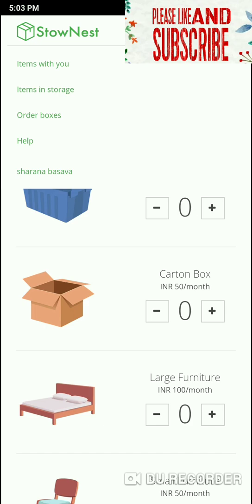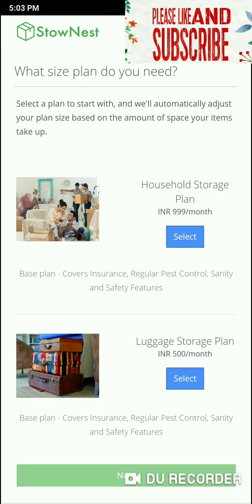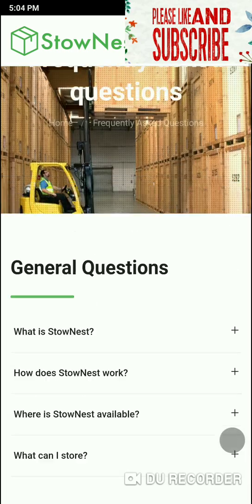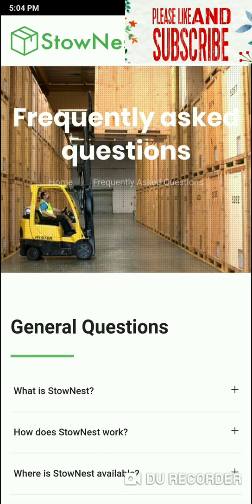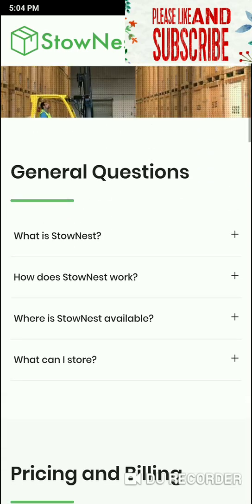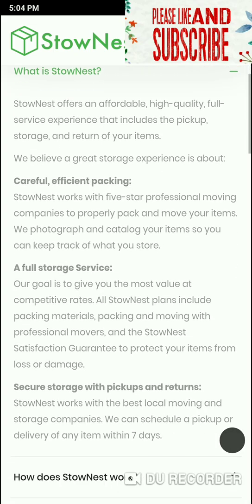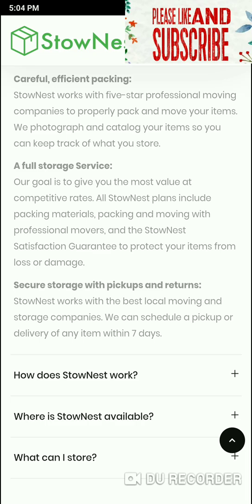And there are some exceptions. I mean, everything has an exception. Here there are exceptions, like you cannot store explosive items. If you come here, there are frequently asked questions, like what is Stonest, and the thing which I explained. This is a storage space, full storage service.